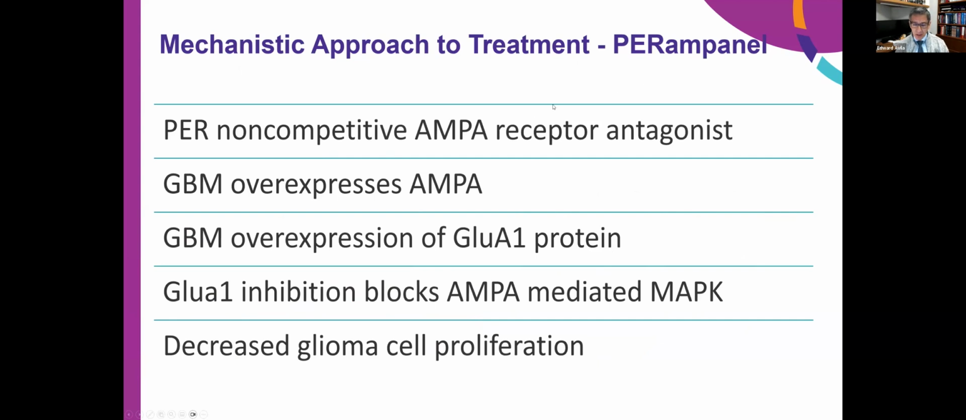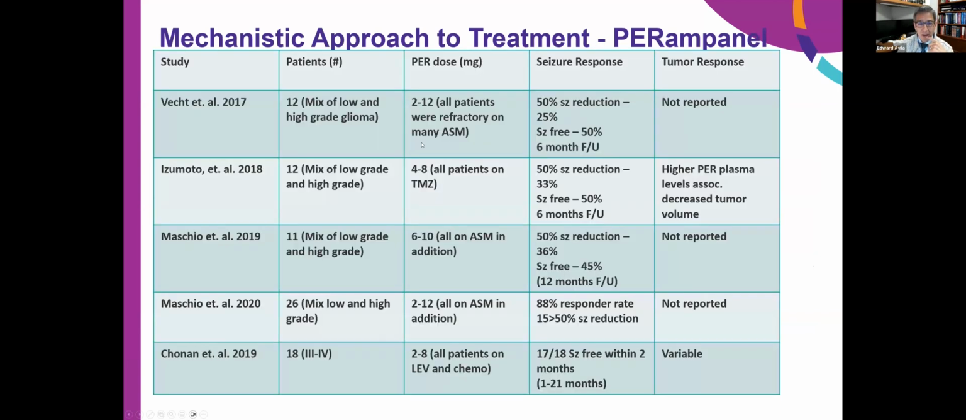So perampanel is a drug that I mentioned before. This drug targets an AMPA receptor. The AMPA receptors are very highly implicated in both tumor growth as well as in seizure propagation. The thought being that a drug that can block the AMPA receptor may be an anti-neoplastic as well as an anti-seizure medication. And what we've seen with some trials that have looked at this in a retrospective manner is that